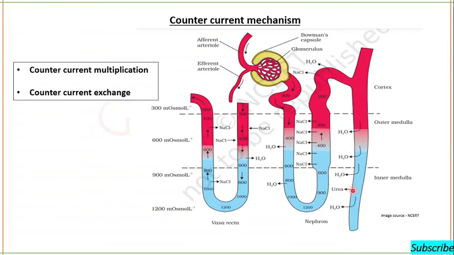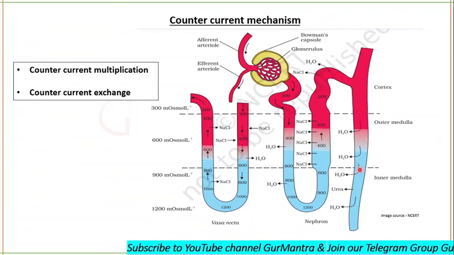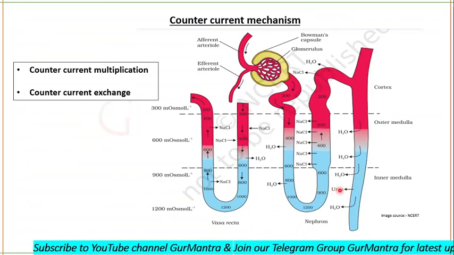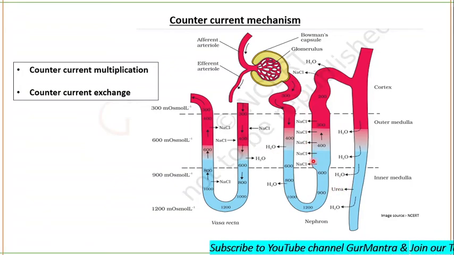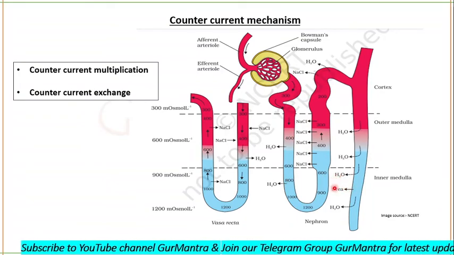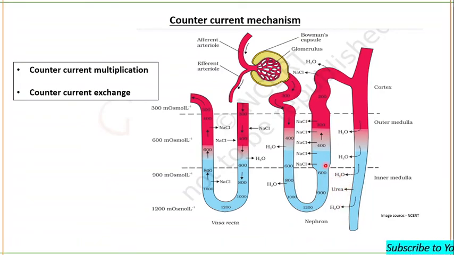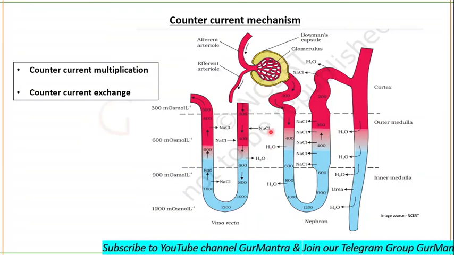This urea comes out of the collecting duct and then gets back into this loop again, and again gets back into the collecting duct, and again gets back into the interstitial fluid. It comes out to the interstitial fluid. It can get back into this tubule, but before that it comes into the interstitial fluid. So the urea cycle and this countercurrent mechanism, which is resulting in the concentration of interstitial fluid,